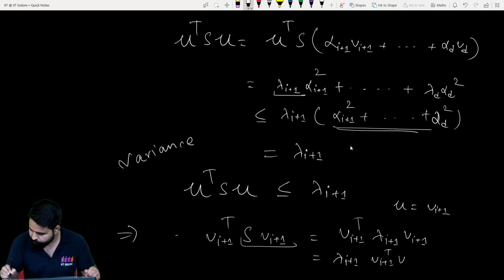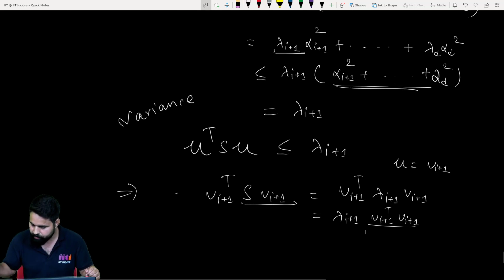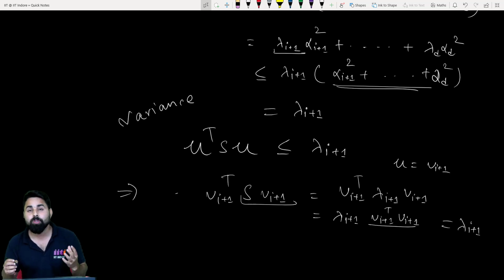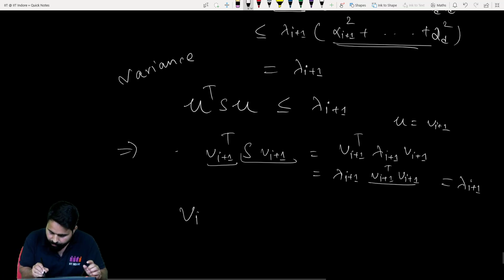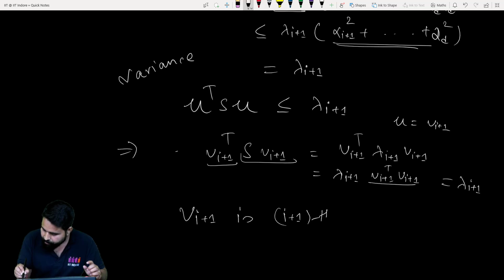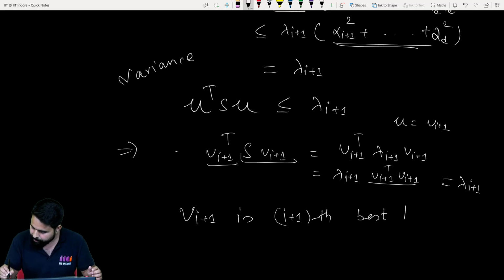Transpose, and since this is a unit vector, this will be equal to 1 and this will be equal to lambda i+1. Very good. So the best variance for i+1 is lambda i+1, and we are achieving it along v i+1. So v i+1 is the i+1th best direction